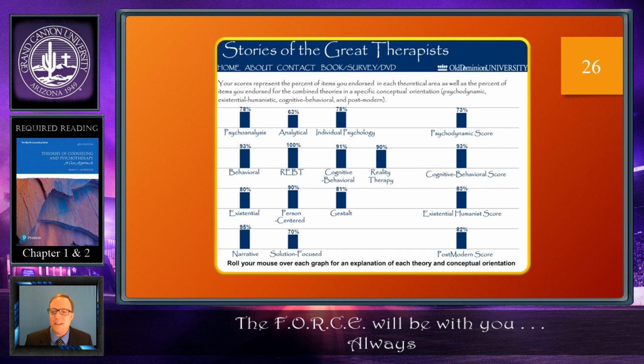I decided to take this again. I've known about this since my time as a beginning doc student. This is when I first took it, and so these are the scores that I earned several years ago, but I kept the screenshot. What you'll see for me is my cognitive behavioral score is 93%, and the 4 theories included in this quiz are all very high. They're all over 90%. But there are other theories and categories that I line up with really strongly, like person-centered counseling, narrative psychology. I also have pretty strong scores for everything except analytical psychology, which is in the 60%,